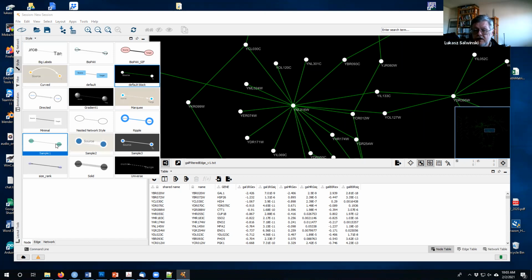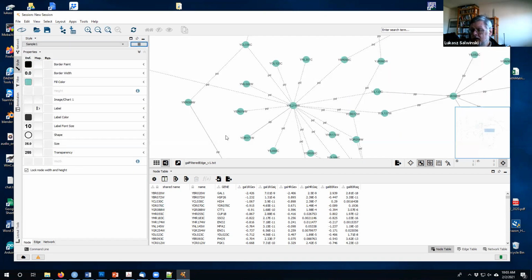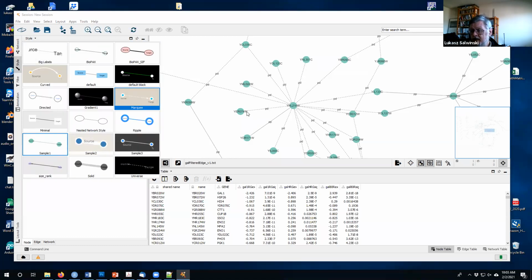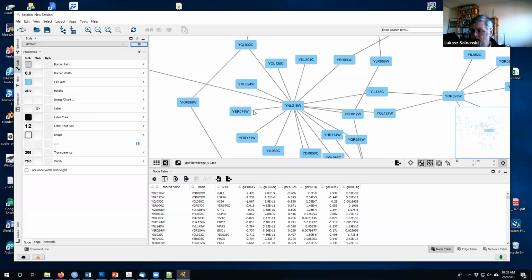There's yet another one with other things shown. As you've noticed, the shape of the nodes is changing between the styles. The way the interactions are shown is changing. In this particular case, we do have a label shown for the edge. In this particular case, we don't. So all those elements of the graph displayed by Cytoscape can be modified